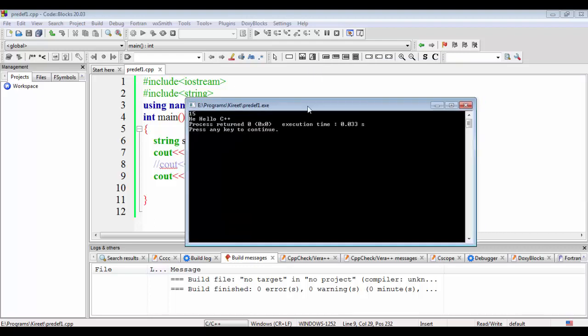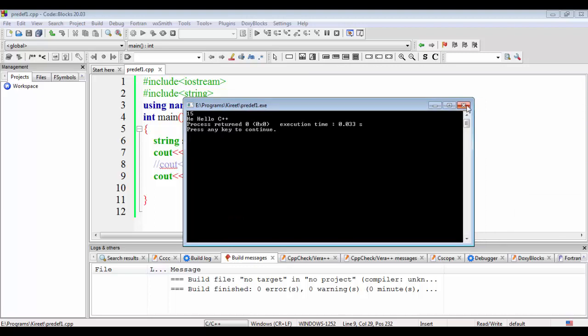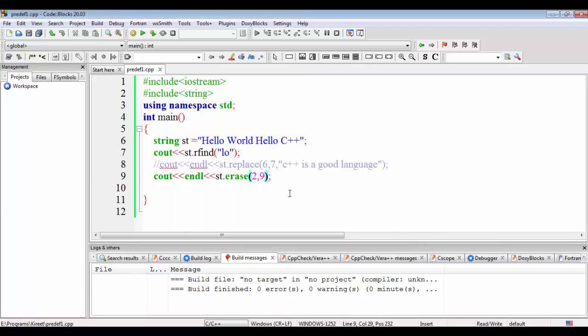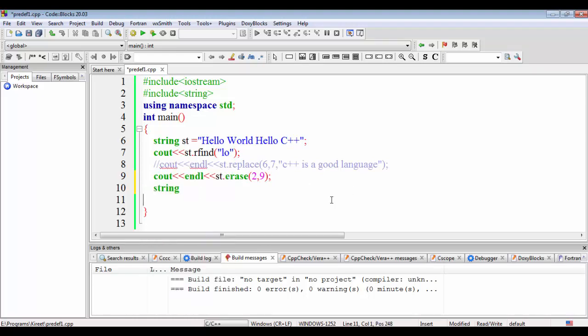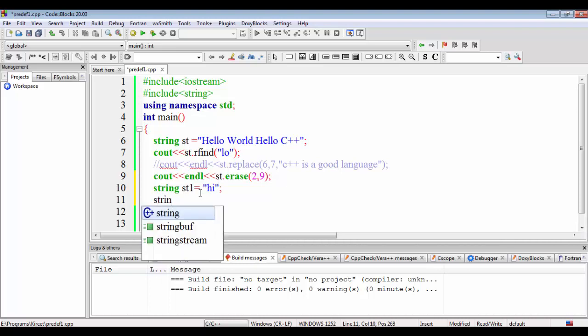In this way we can perform many tasks. Also, let's suppose I take two strings, for example st1 is equal to "hi" and st2 is equal to "by".